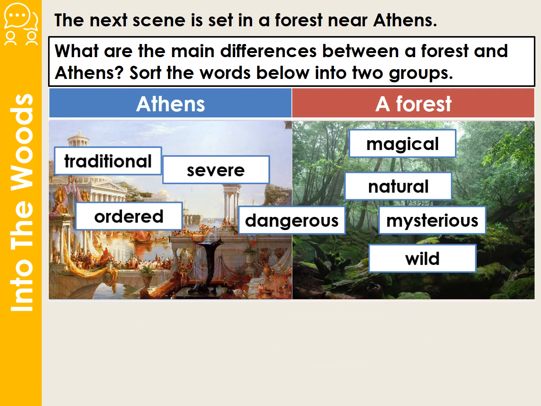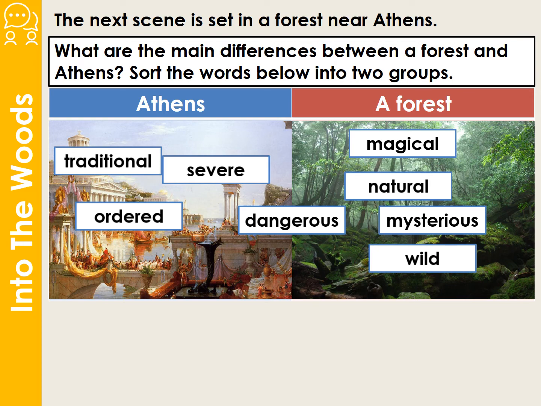So what you should have is that Athens is considered traditional. They make things work the way they are supposed to work. They are ordered, they are thoughtful, they are educated, but they are quite severe in the way that they come across. This makes Athens dangerous, specifically for Lysander and Hermia, because of the life that they are being forced to lead. However, dangerous also goes over into the forest situation as well, so you could have that for both,